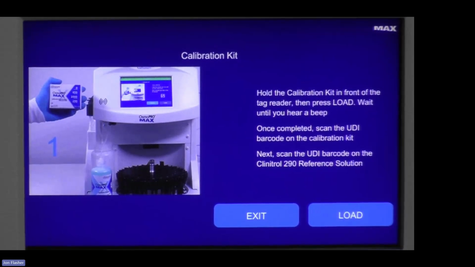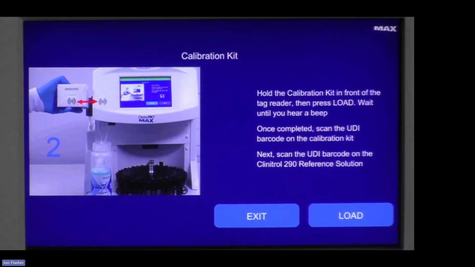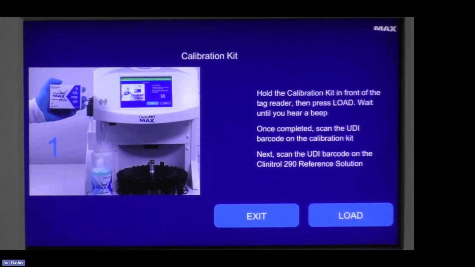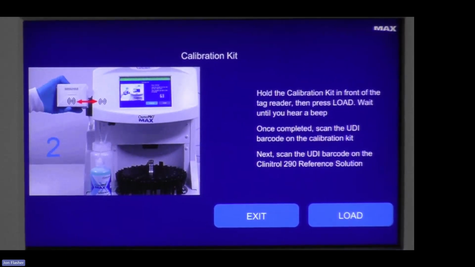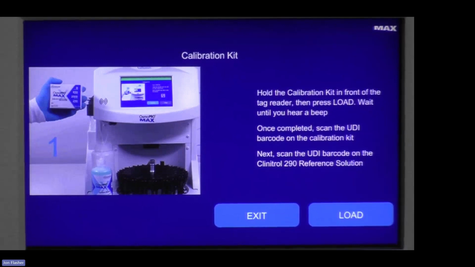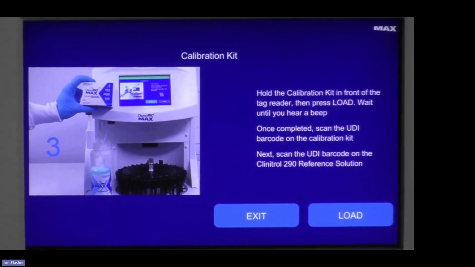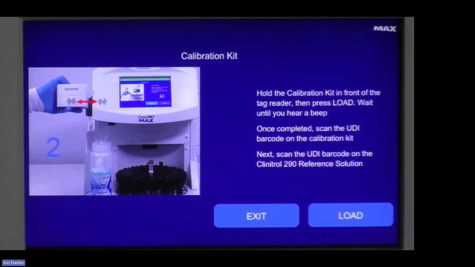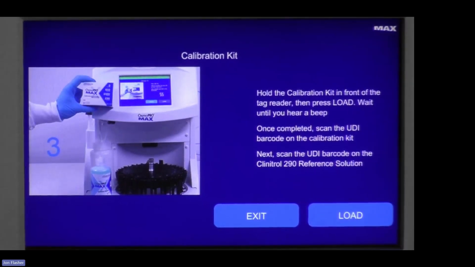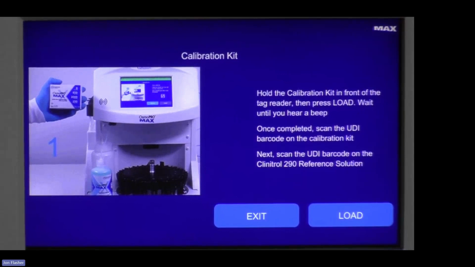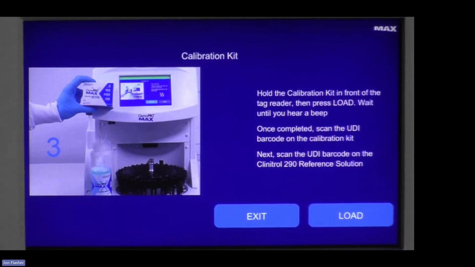Once completed, scan the UDI barcode, so the barcode that will identify which lot of calibrator that we're using. Next, scan your Clinitrol 290 because we have to run a control with calibration as well. And then the next step after that, and I'm not going to go down that road right now because we don't have enough time, but the next step after that will be a step-by-step instructional frame-by-frame video, just like the